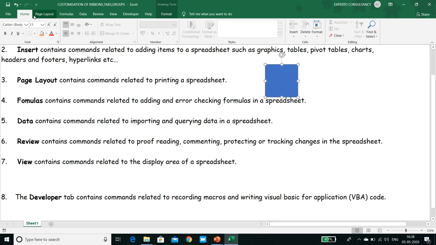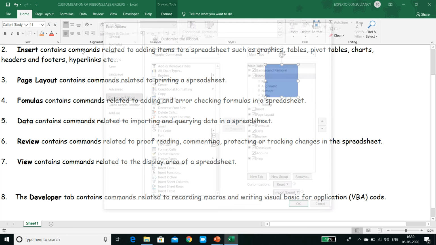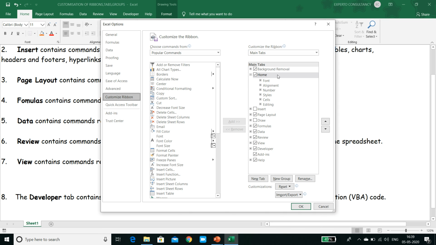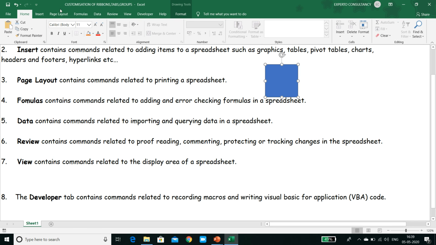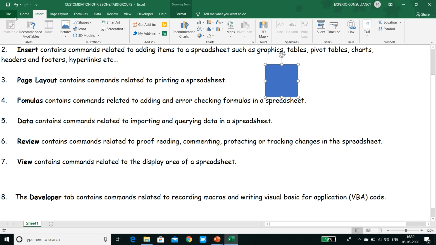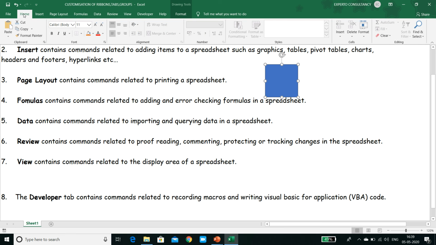So you can see here now the insert tab is not visible and in home ribbon tab there is no clipboard group. Let's reset it. Select the home tab. Say reset. The clipboard group is back and you just need to check the insert tab and say OK. So now again we are in the default setup.